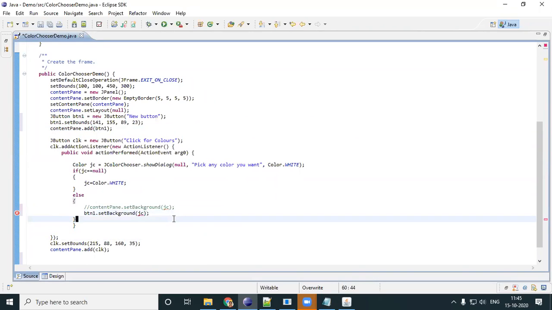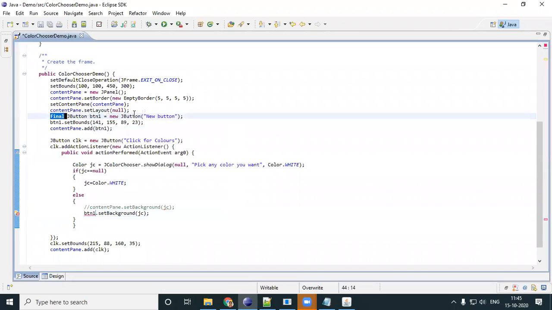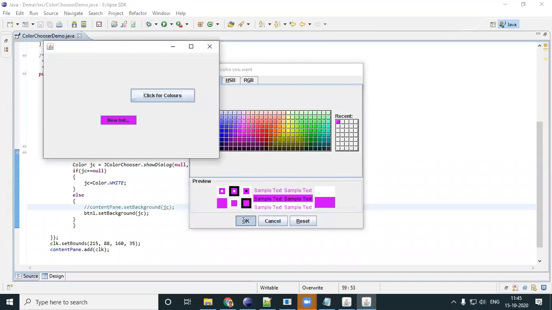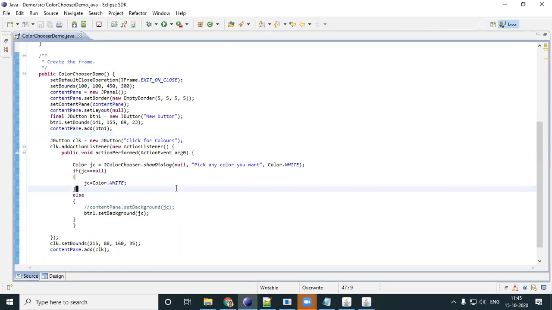So instead of changing the color of my frame, I'm changing the color of my button. Okay, the button has been changed.